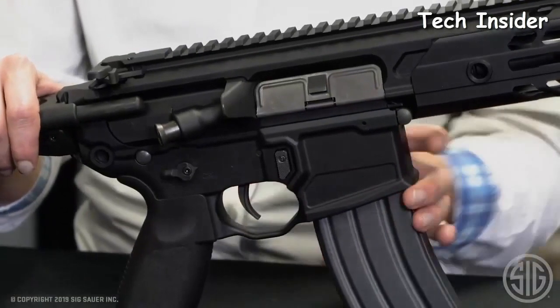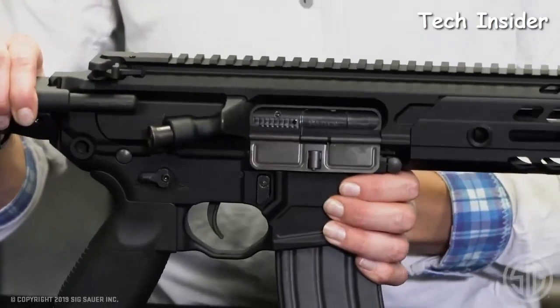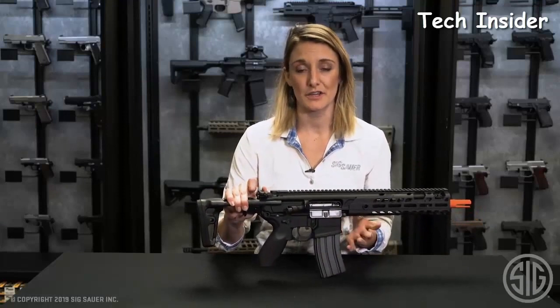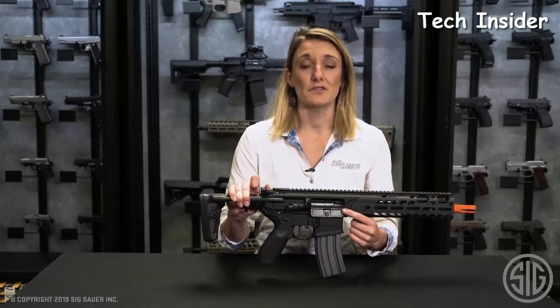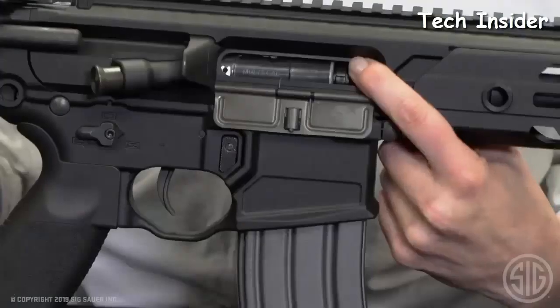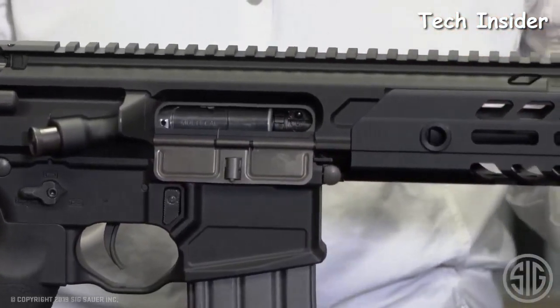Really, really great feature. Next feature here, if we move down to the bolt catch, pull back on the charging handle, just like your firearm has. It opens up your ejection port and allows you visibility to the hop-up. Super easy to adjust up and down here, and what that does is put some backspin on your BB, allowing